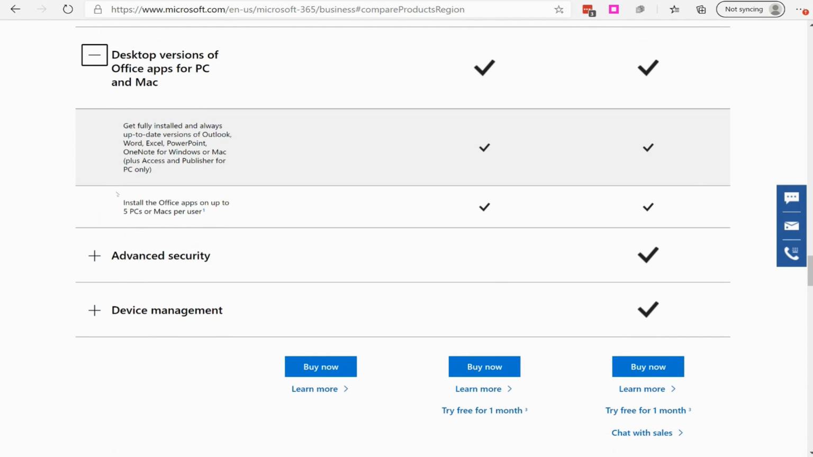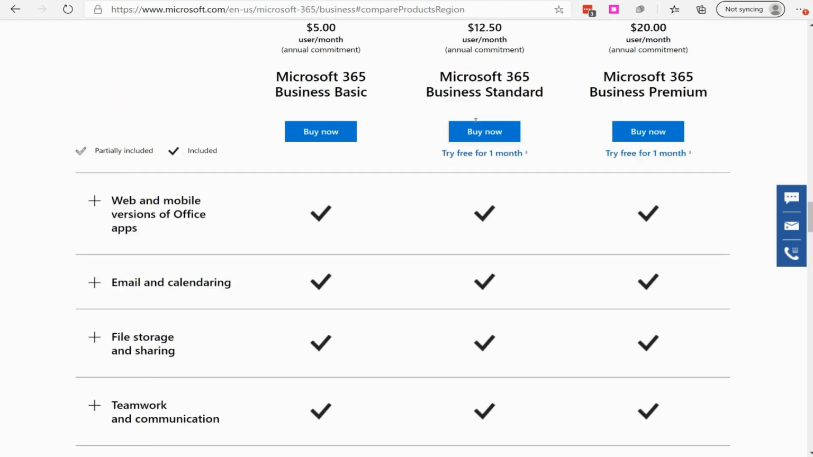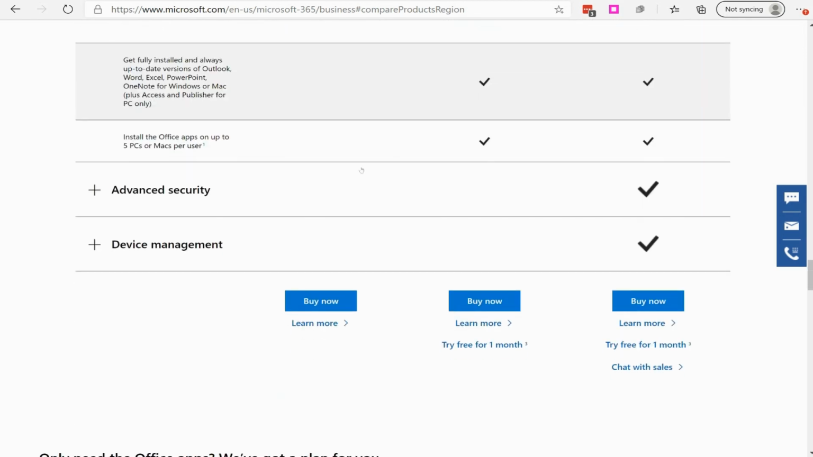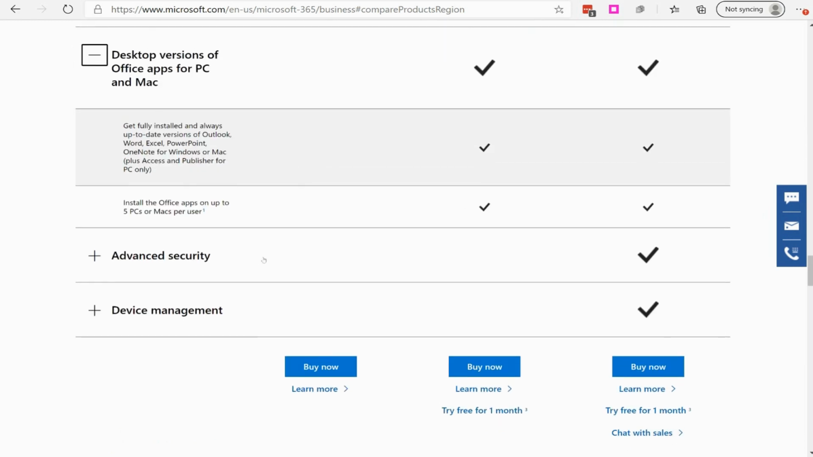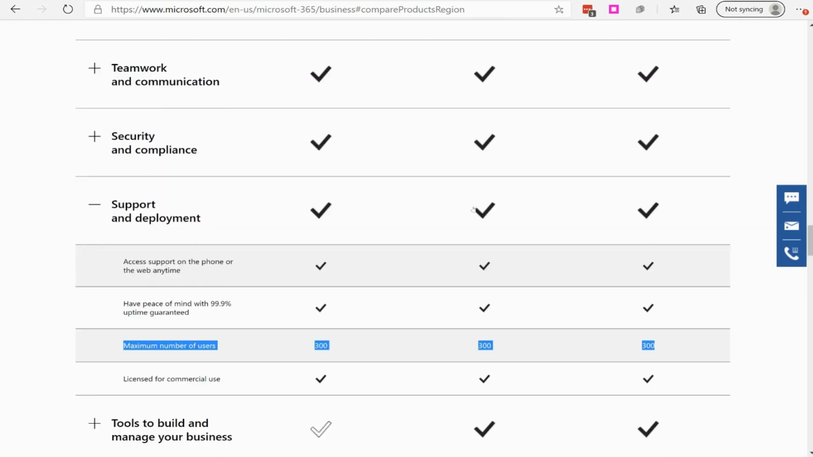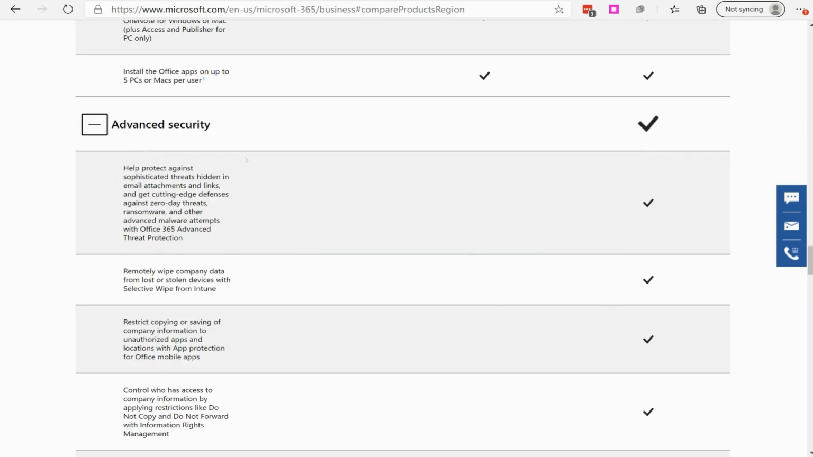Then you have desktop versions, so fully and always up-to-date versions of Outlook, Word, Excel, PowerPoint, all that. So these are your desktop versions of the apps available for your PC. Notice that you do not get that with the Basic plan. So you have to have at least the standard or premium in order to get that, right? All right, so they all allow you to install the Office apps on up to 5 devices, 5 PCs and Macs. Okay, so when you get into the Premium edition, that's where you're going to get the advanced